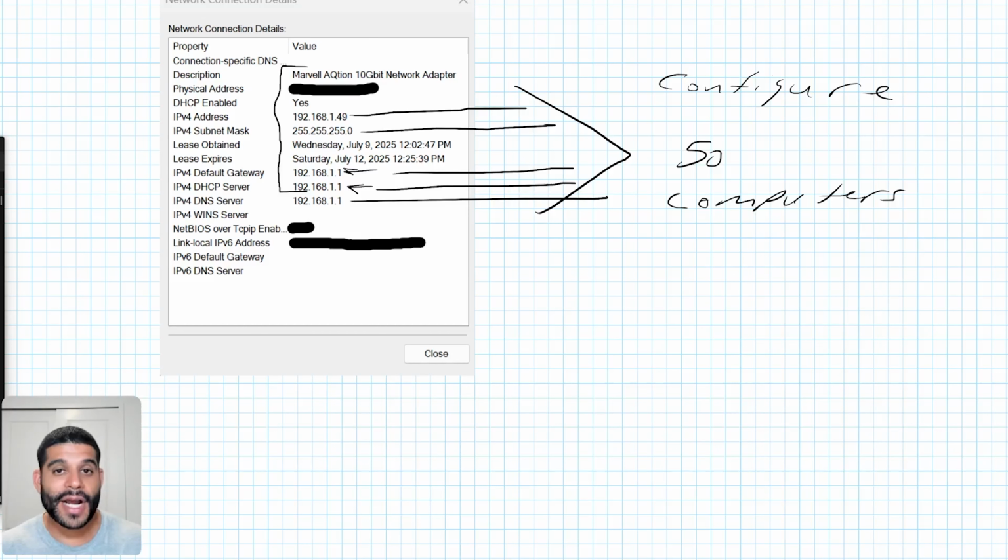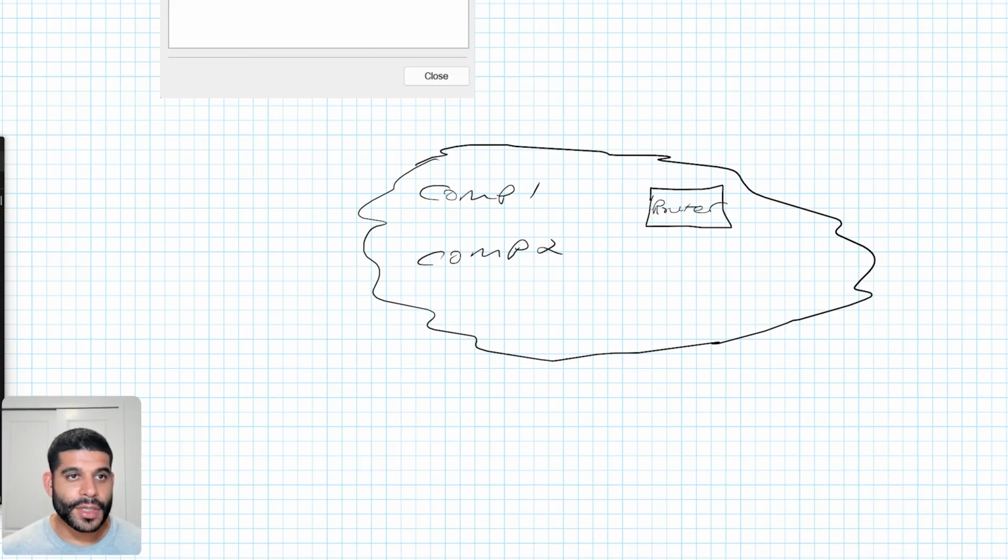Are you going to keep track of who you gave the IP addresses to and when you should remove that from your network? That is where these leases come into play. So let's say computer 1 is your laptop and you always have it at your house, and you give it an IP address, and then computer 2 is visiting and you give that an IP address. So let's say computer 1 has an IP address of, same thing, the network is